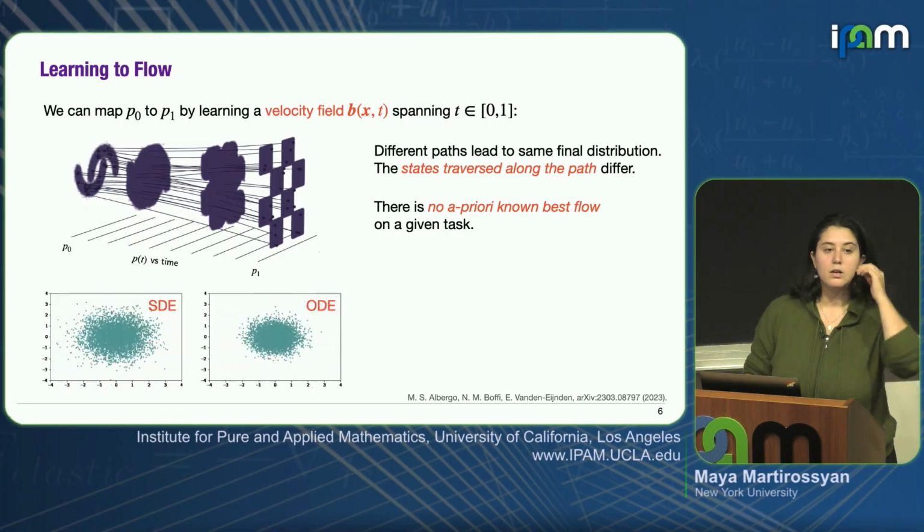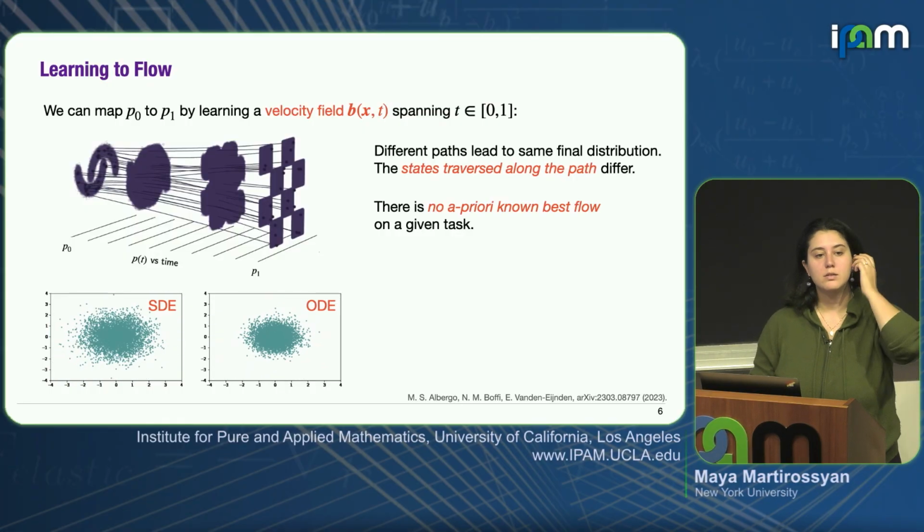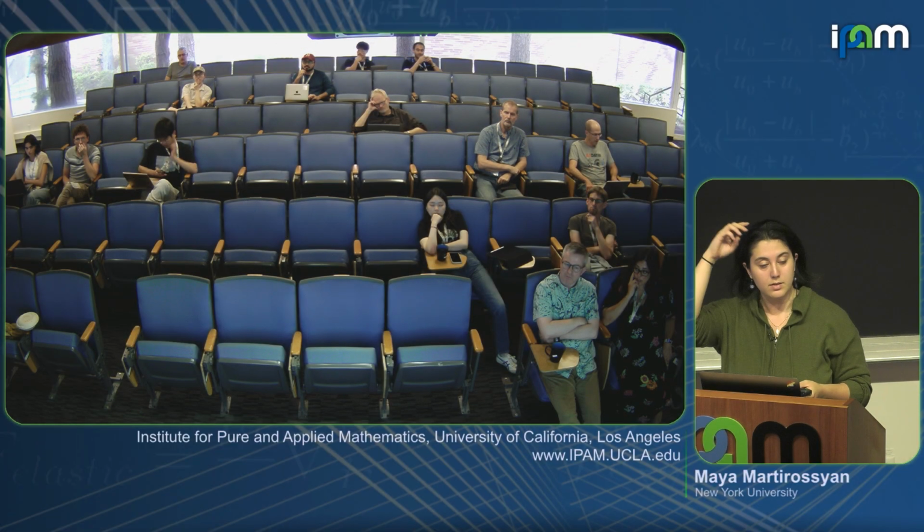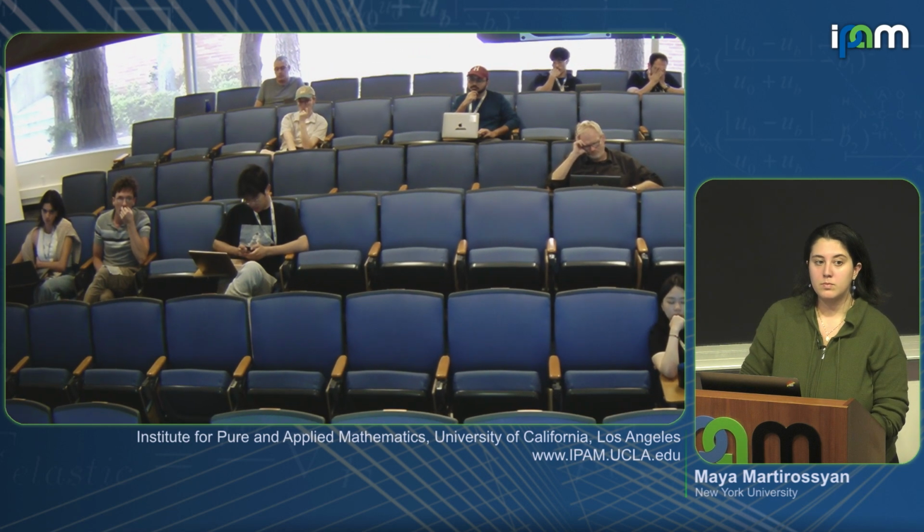Just a question on this, because it came up in the previous thing that we didn't know the answer to. It's a two-part question. One is, if you have a stochastic differential equation versus an ordinary one, is it the same basin of attraction? And then if you add stochasticity, you say the distribution is different. In what way? So the base distribution wouldn't change if you add stochasticity. It would just be the path that you traverse.